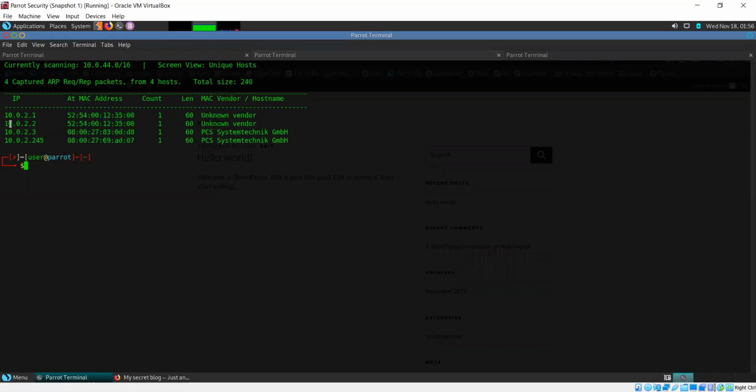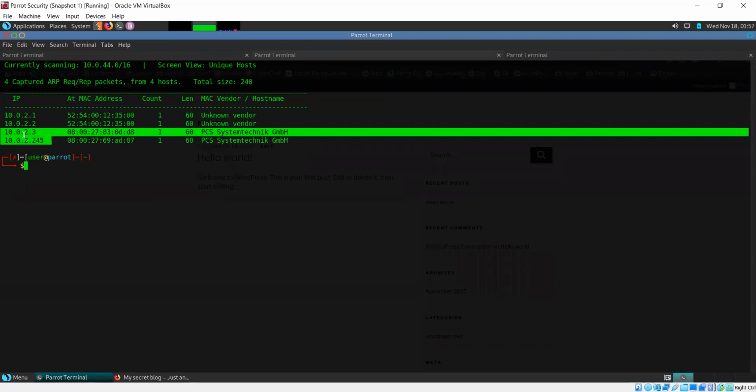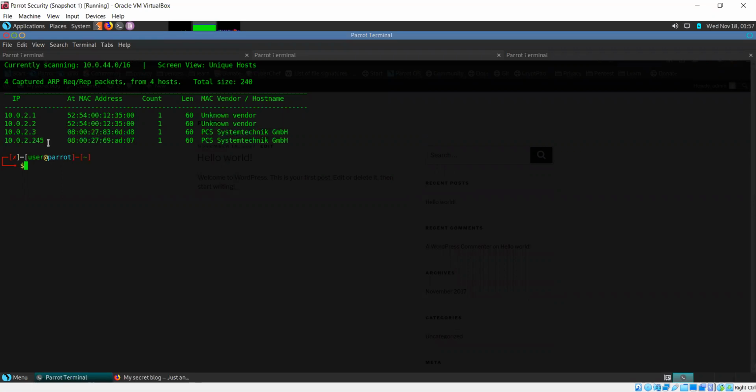So this is just another IP for the gateway. It might have a different interface, so both interfaces have different IPs, but it's the same device. Now we come to the other two: 10.0.2.3 and 10.0.2.245.